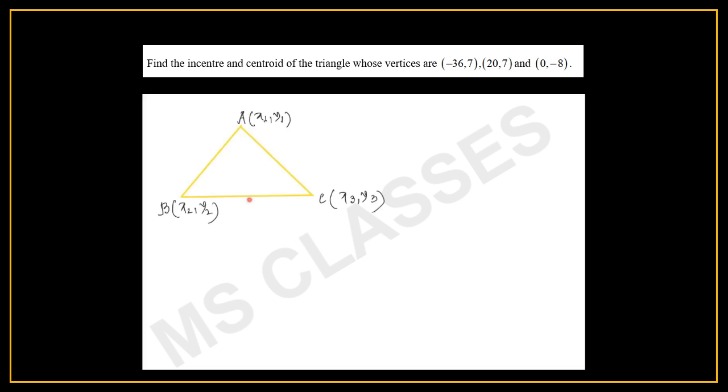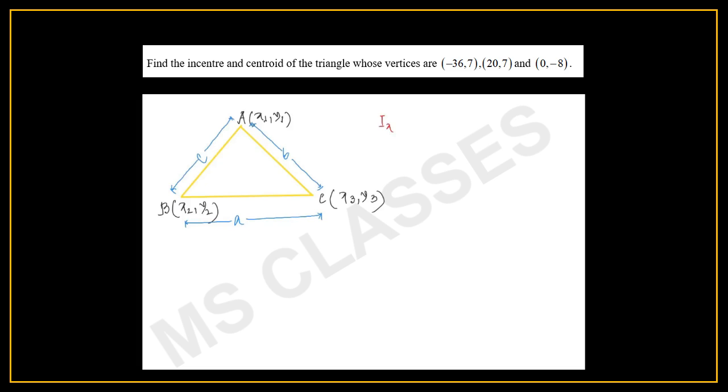Now opposite to vertex A, we take the length as small a. Opposite to vertex B, we take the length as small b. And opposite to vertex C, we take the length small c. And then the incenter is given by the abscissa of the incenter